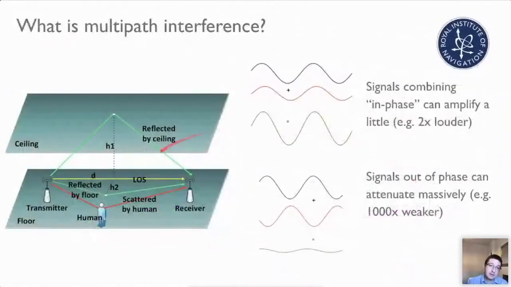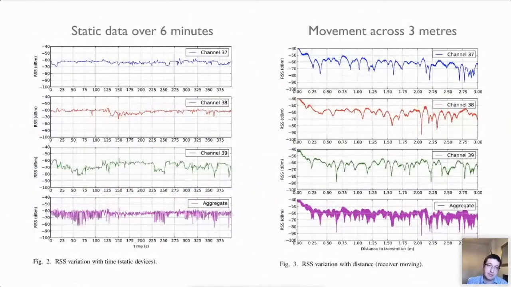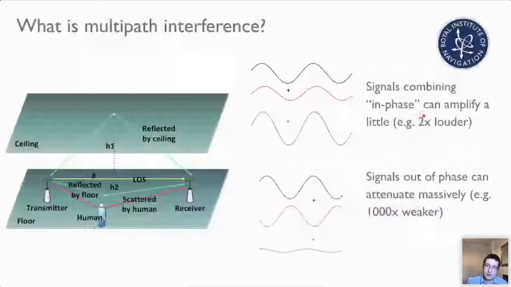And this is when the signals in an indoor environment bounce around. And so the receiver picks up not just the line of sight signal, but reflections from the ceiling, the walls, objects in the room, the floor, people moving around, etc. They can all combine in phase and boost the signal a little bit louder, or they can knock each other out completely or almost completely. So you can get a little bit of a boost, but you can get a huge attenuation. And you only have to move a few centimeters to move out of a huge attenuation back to a boost again, because the wavelength is only about 10 centimeters. So you only need to move a few centimeters to change whether you're in phase or out of phase with